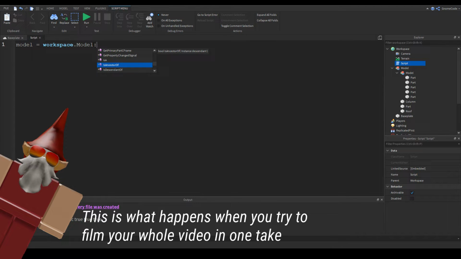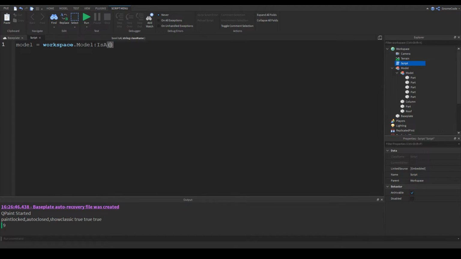Okay, so you've got is ancestor of, is descendant of, is a. That's quite a useful one. It allows you to check what the model or part is. So if we get the children again and we save them to this model table and we loop through them all again, for i equals 1, hashtag model, do, and then this time we can say if the thing that's in the table, colon, is a, and we can say if it's a part,